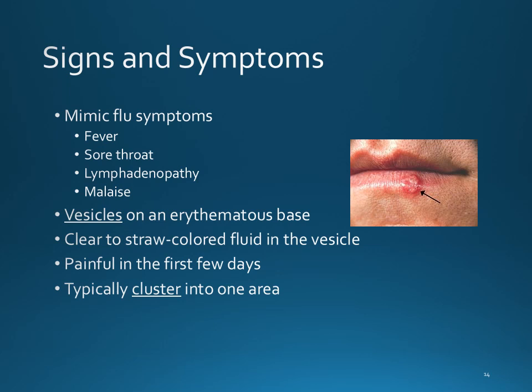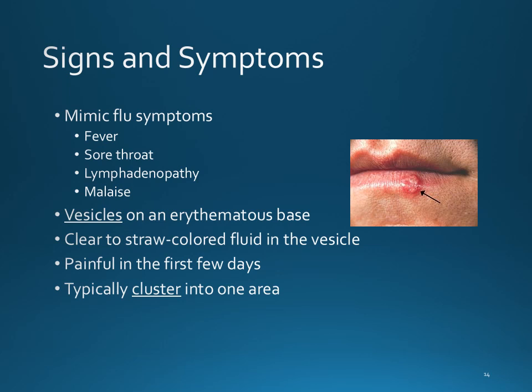So signs and symptoms. Looking at this picture, you can see why, well, that's really small, whereas that impetigo was really huge. The thing that makes physicians want to treat both is that initially, if you have a true bullous impetigo without any pus, it will look potentially like this. You'll have these little clusters of lesions with straw-colored to clear fluid in them. So they look very similar, and until they do a culture and get that back, they're going to treat both sometimes.